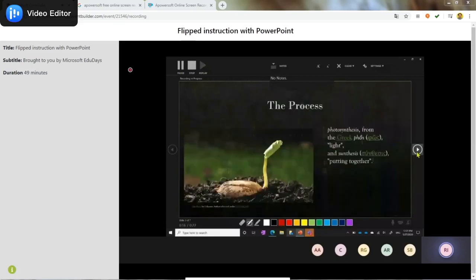And you'll notice that the word photosynthesis can be divided into two smaller words, photo, which you probably know, which comes from the word light, and synthesis, which comes from the word synthesis, putting together. I'll go ahead and stop. Okay, so you can kind of see how we use the inking in conjunction with our voice in order to emphasize points, make visual markers on our slides.